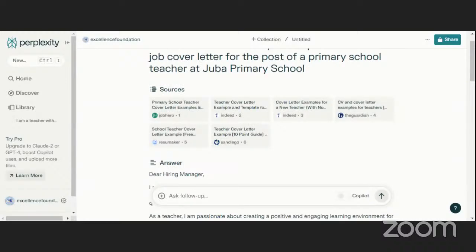Okay, great. So now let us move to the next one that I want us to talk about under chatbots and content creation. It is also one that I use.